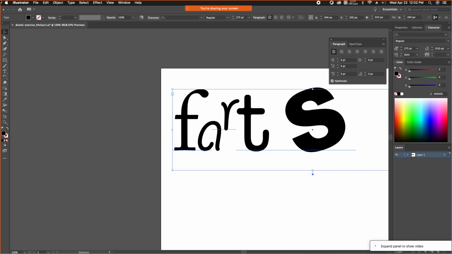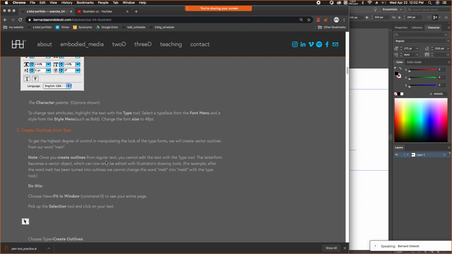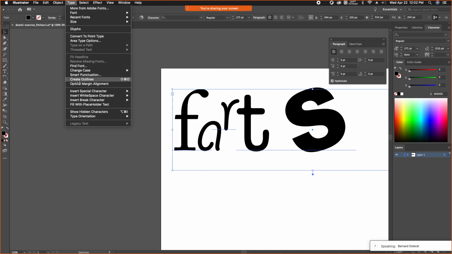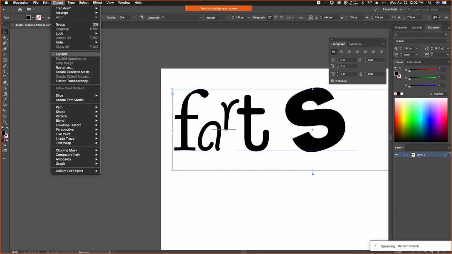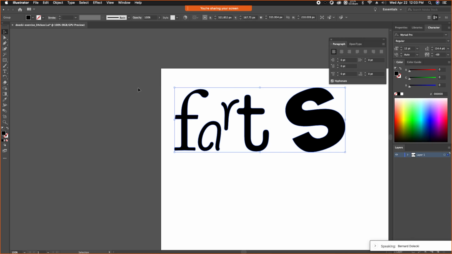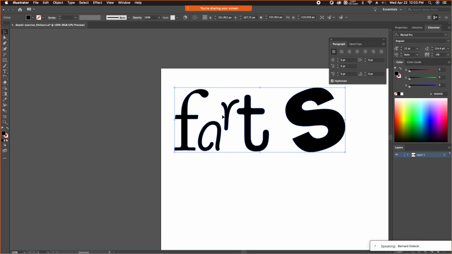And then we're going to go up to, I want to show you both options, so let me double check what the first one is. I never use this one, so default. Once you create outlines from regular, I don't even remember where this is at. Create outlines. So it's under the type menu. I actually prefer to go to object and expand. That's just how I learned it. Either way, if you create outlines or expand, you'll get this. I think you get that same option for create outlines. No, if you create outlines, it just does it, apparently. If you do the object expand, you have sub options. I always leave these alone anyway. Either way, you'll end up having